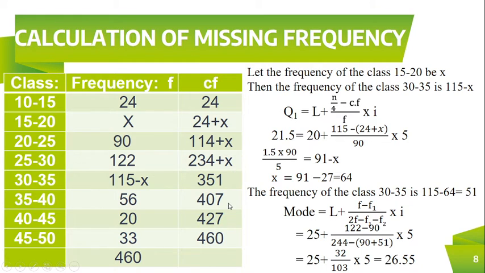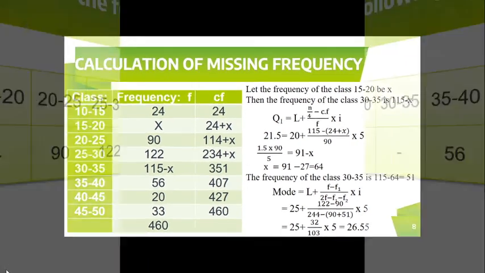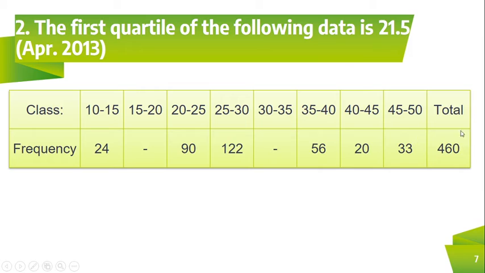So you add 407, add 20, 427, add 33, 460. So the total frequency is 460,